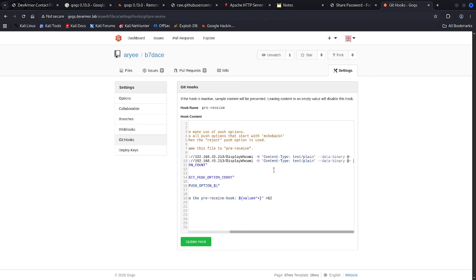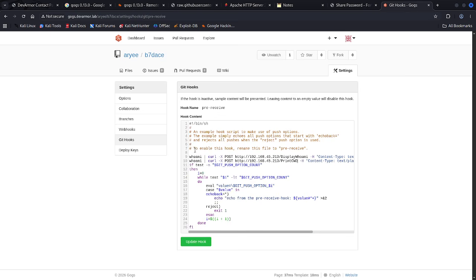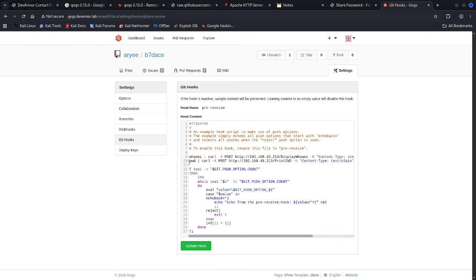So let's do print current working directory. So here we change the command to pwd, right? So that's that one, and also